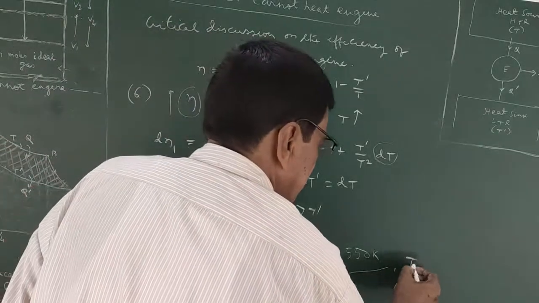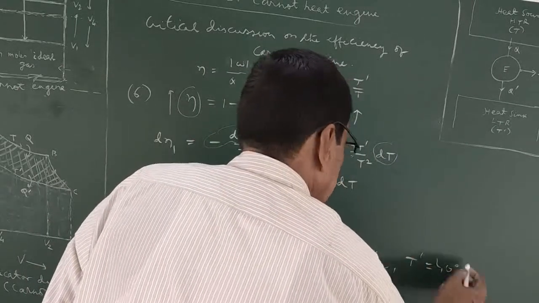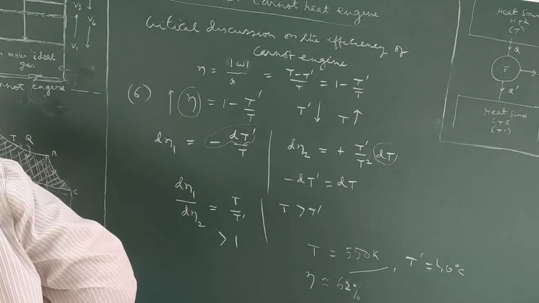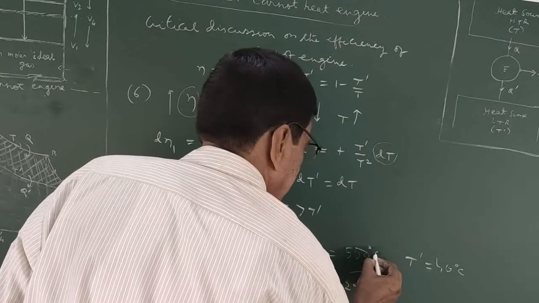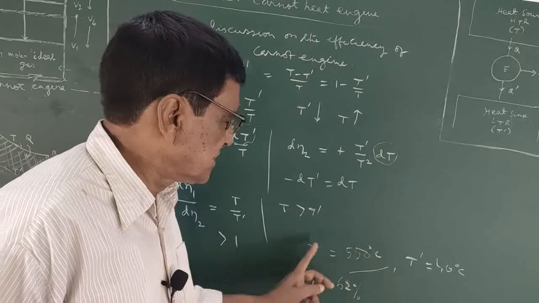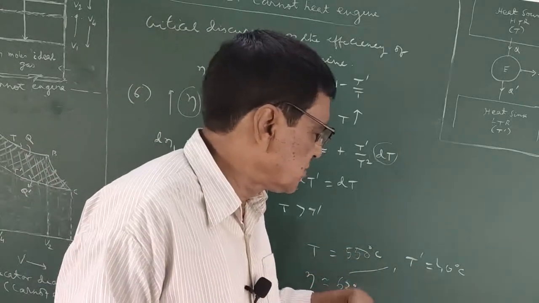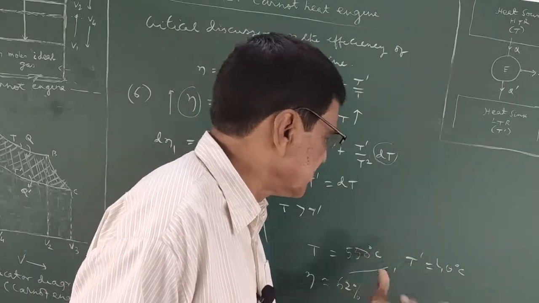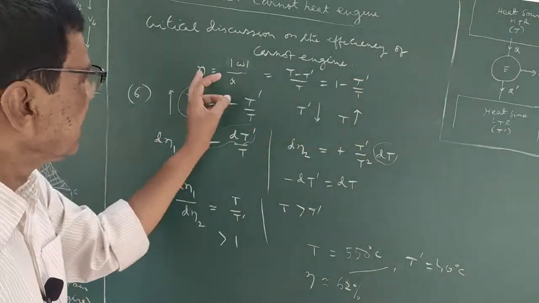And T dash is the atmosphere, and it is taken, suppose 40 degrees centigrade. It is also degree centigrade. By using the high pressure boiler, the temperature of this steam becomes 550 degrees centigrade, and the temperature of the source, let us take this atmosphere, is 40 degrees centigrade, and whenever this is put here, then the efficiency is found to be